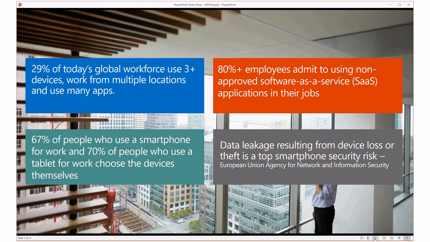Well, it's obviously the increase in people working from more devices, from more places, with greater access to corporate data off of all of those different locations, right? So you have people that have more than 3 devices. Everyone has an iPhone or Android phone, a tablet, a laptop, all these different things that they're connecting to work resources from. And really, people want to be more mobile. They want to work from more locations, and they want to be able to be productive while they're on the go, right? Aside from just the devices, people also need more applications to perform their work, right?